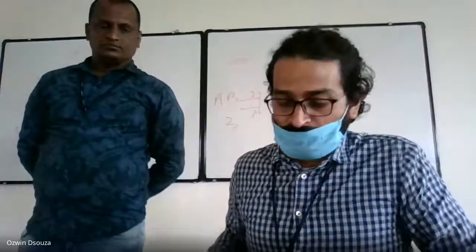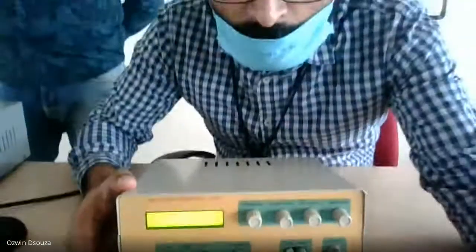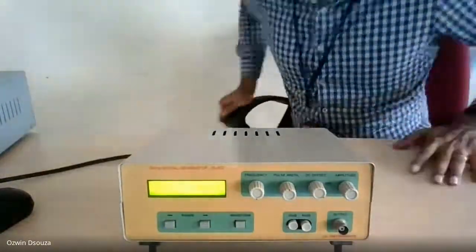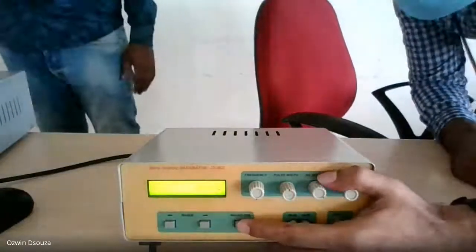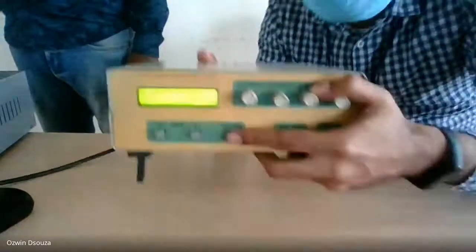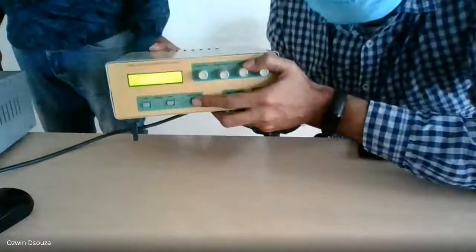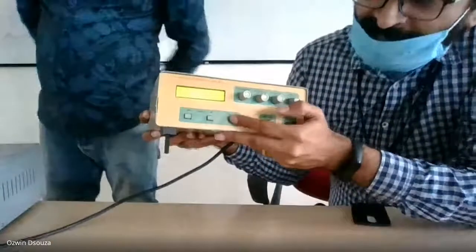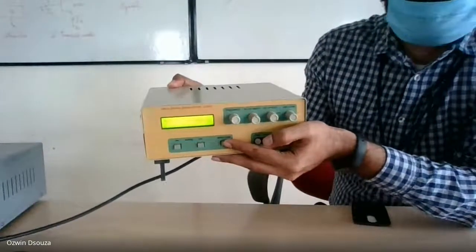Let me just tilt the screen a bit. I push my writing pad aside. So this is your display. You have a few knobs over here. Waveform. When I press this waveform, what do I get? I get some square wave, triangular wave. Is it legible? No, I guess. No worries.